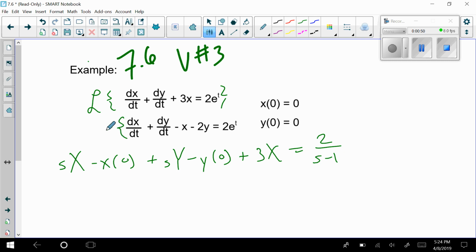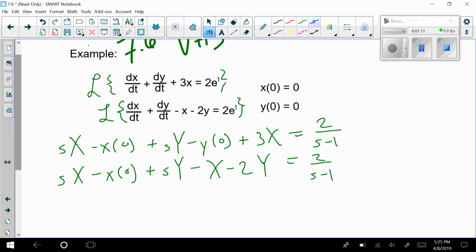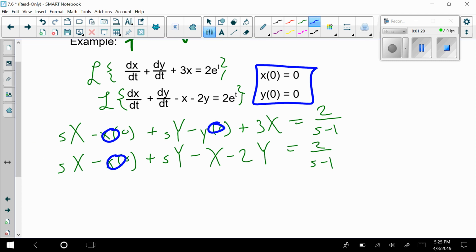Going now to the bottom one, the Laplace transform down here, I would have s big X minus x of 0, plus s big Y minus big X minus 2 big Y equals 2 over s minus 1. And like before, I'm decently nice here. These are 0, 0, 0, which then gives me